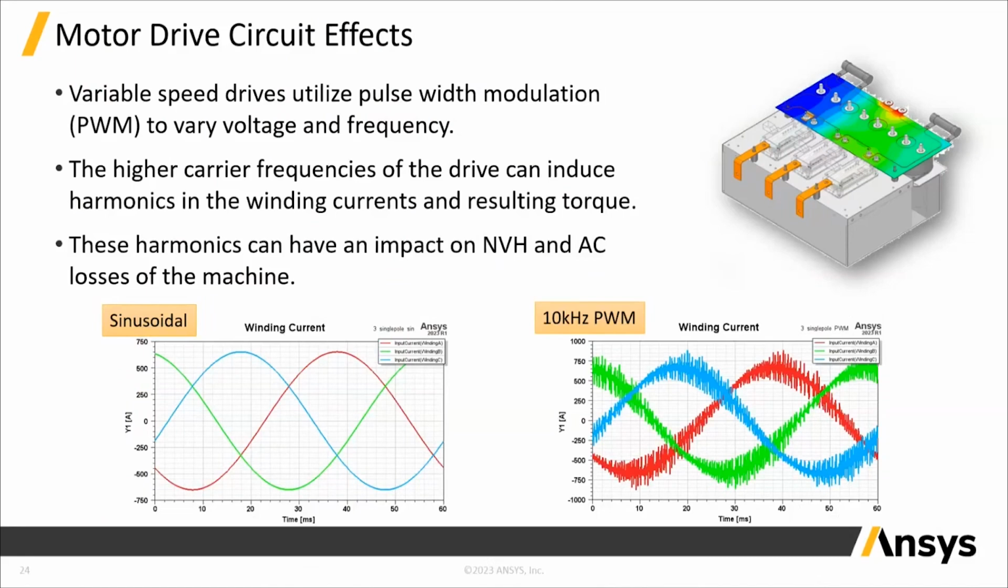The variable speed drives utilize pulse width modulation to vary the voltage and frequency throughout the machine's various operating points to achieve the desired effects such as MTPA or max torque per ampere. These higher carrier harmonics or the frequencies from this drive can induce additional harmonics in the winding currents and the resulting torque, as shown in the currents below, without PWM excitation on